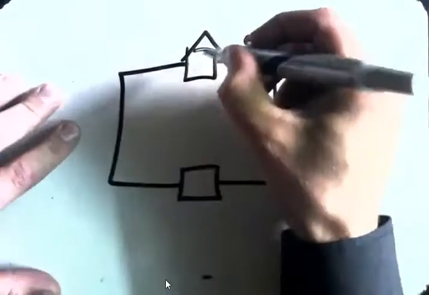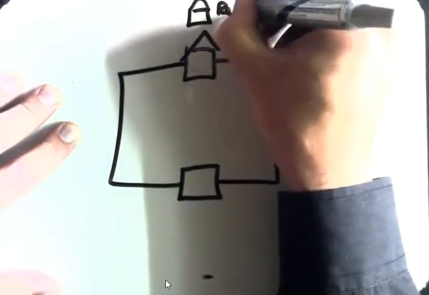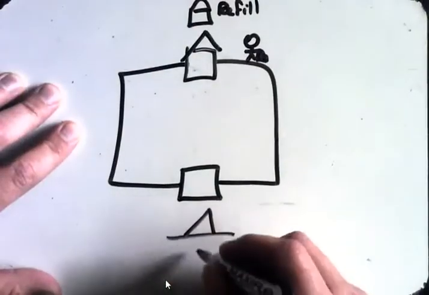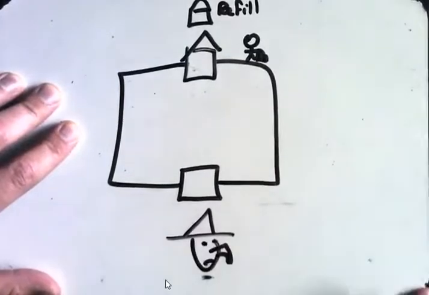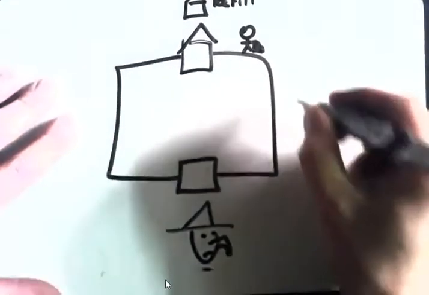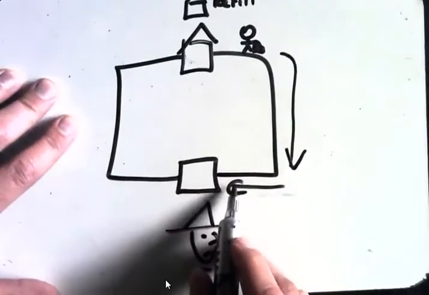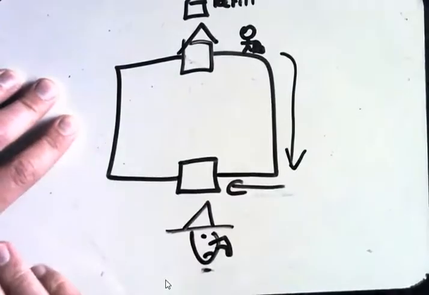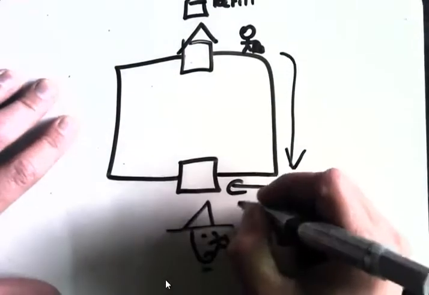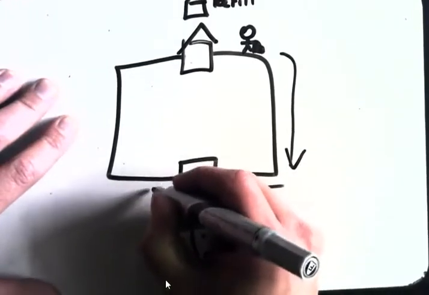Okay, so here they refill their food at their house. And then when they pass here, they pass by the ugly witch's house. They go all the way around here, and unfortunately, to get past the witch's house, they need to give their food. So the moment they pass the witch's house, they come out on this side